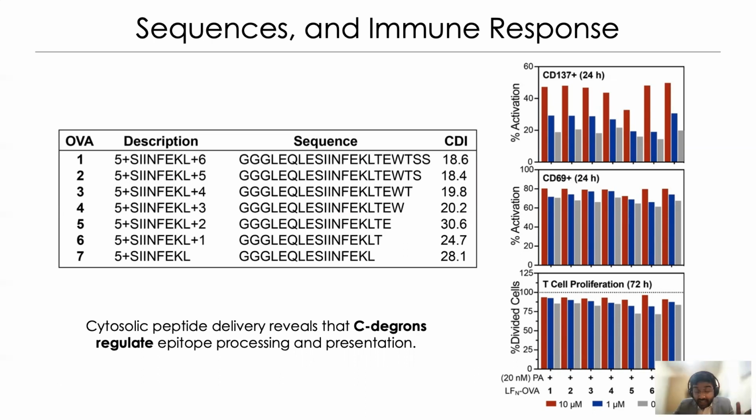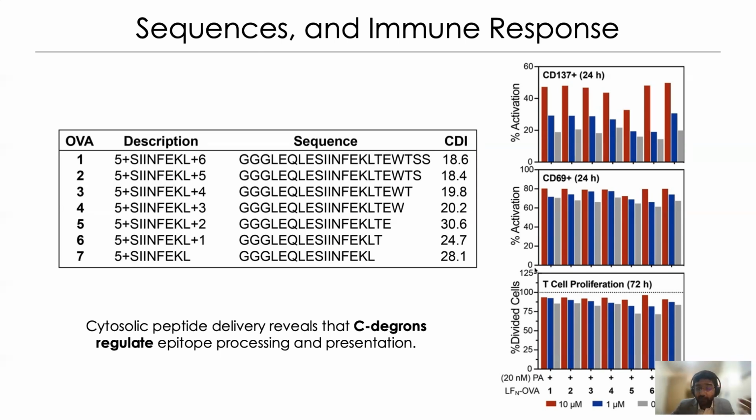Across every single data point here, we see that the proliferation is perhaps greater than 75%, or more or less greater than 75%, across all of these data points. One thing that we noted here is that the CDI becomes more relevant when we have a lesser concentration or a lesser dosage that is given into the cell. So you can note for the gray values here, the 0.1 micromolars, it is more relevant, or more distinct across different peptides, while for the reds, it is hardly mattering which peptide we are trying to analyze.